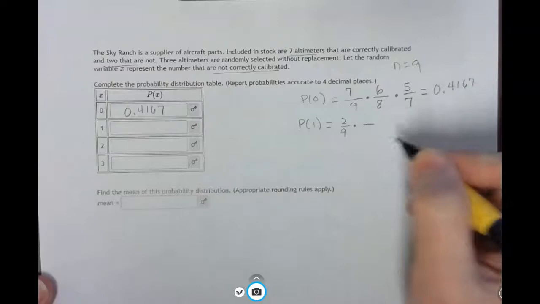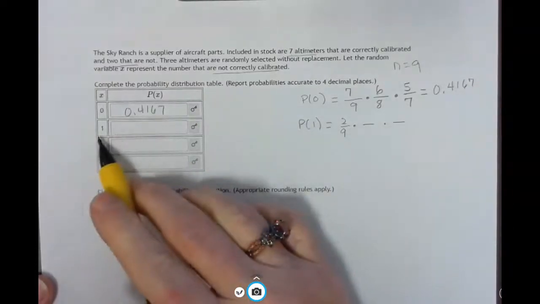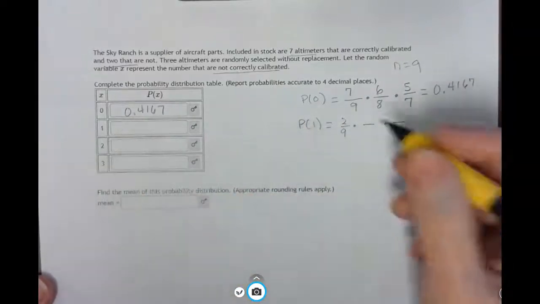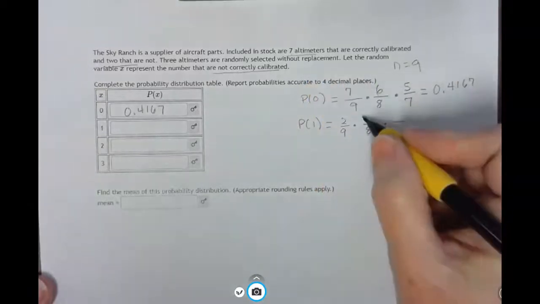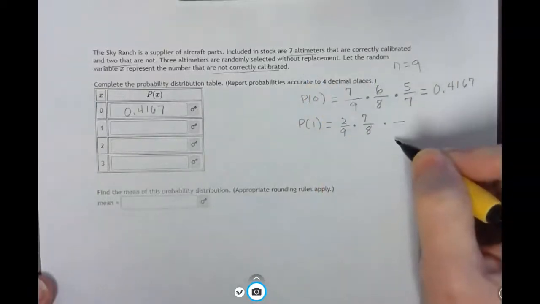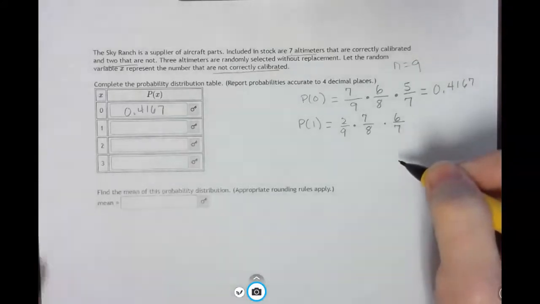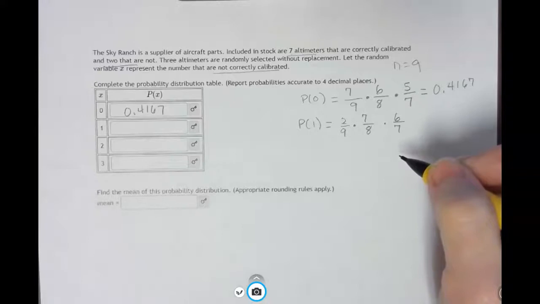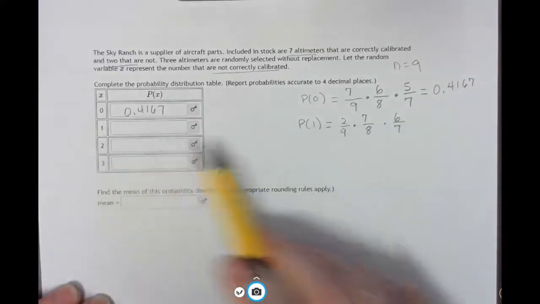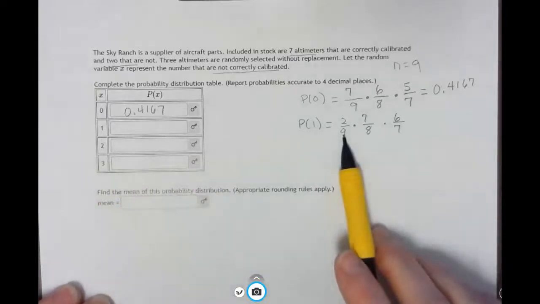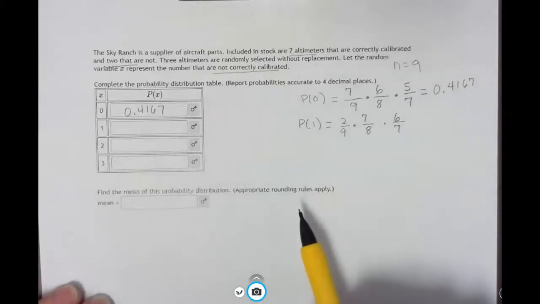Then on the second draw, the other 2 we draw, the second and third draw, those would have to be good if we want just 1. That is not correct. So we'll have 8 left, but this time we're looking at the correctly calibrated, 7 out of 8, and then we're going to be 6 out of 7. Now, something I want you to think about when we do this, we're looking at 1. Well, this was on the first draw. What if this one would have been a correct one, and then the second or third one would have been